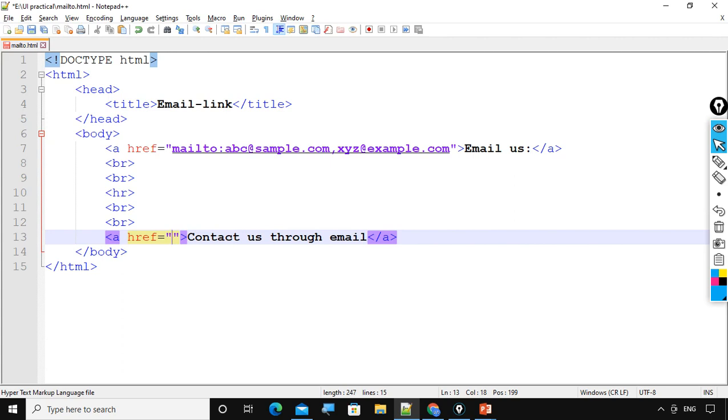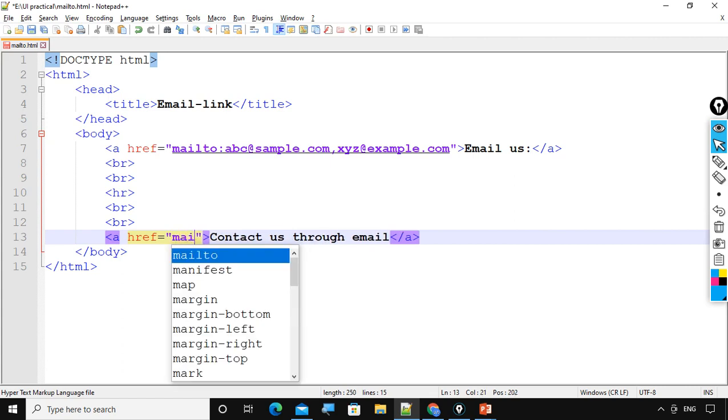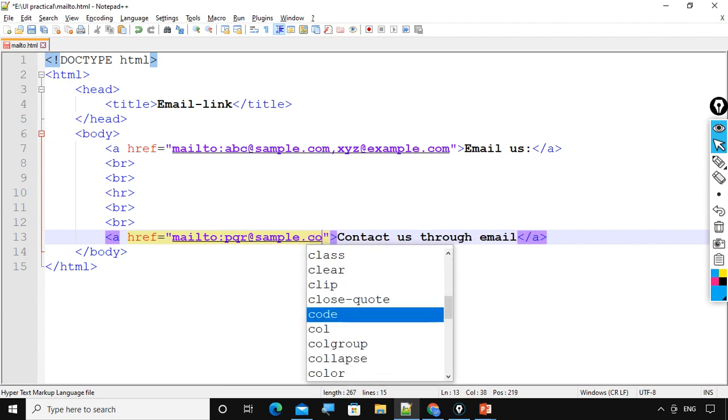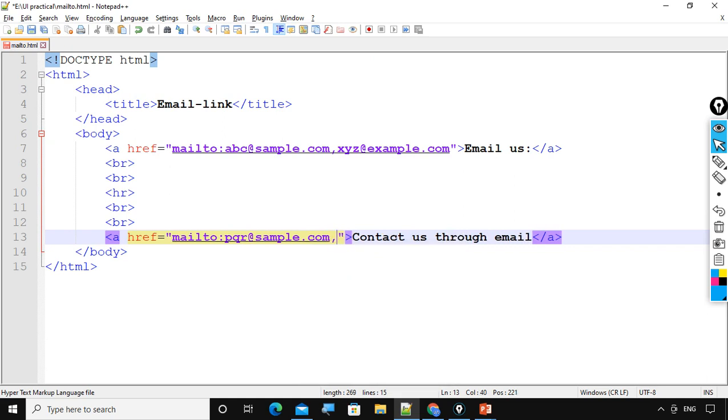Now in the value of the href attribute I will start with mailto colon. Then after mailto colon, I will write pqr@sample.com. This is one email of a recipient. Now I will separate this email from another email with the help of a comma.